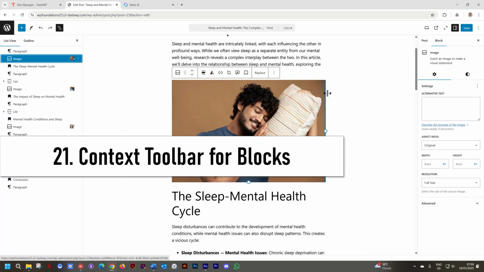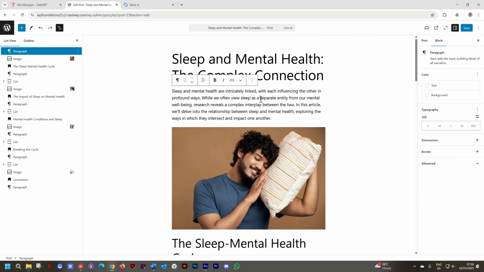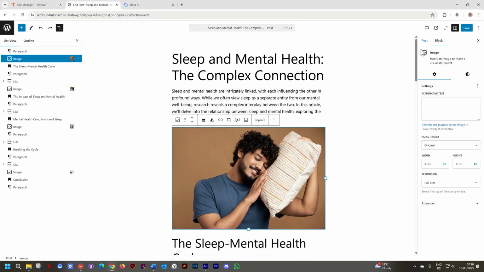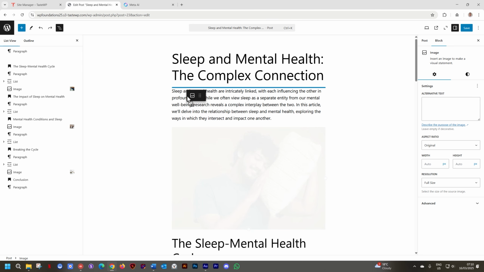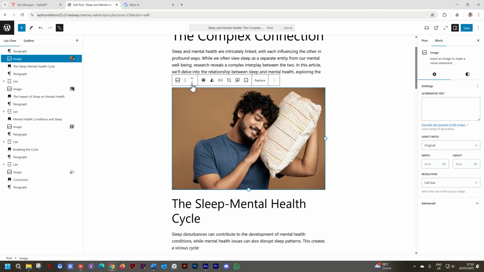Every block has a contextual toolbar, and we've seen this toolbar now a few times. Go to this paragraph and select it, and let's look at what this block toolbar has. These three options we've seen appear in all blocks. This is an indicator of which block it is. And this indicator also appears here in the settings on the right, under block, and the first word you see is paragraph, and it tells you it's a paragraph block. If I click on the image, you will see it updates, and now it will say image, and our icon here also changes. Then we have the drag handle, and we have the arrows to move it around.